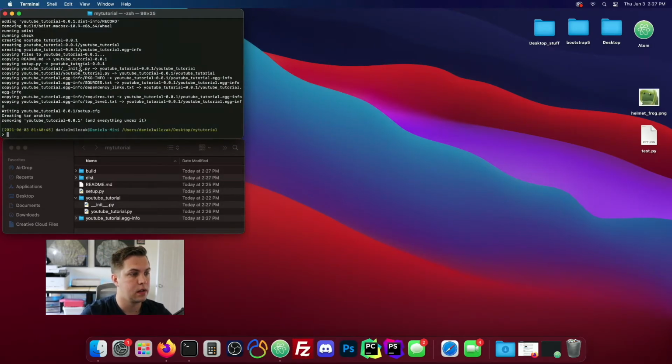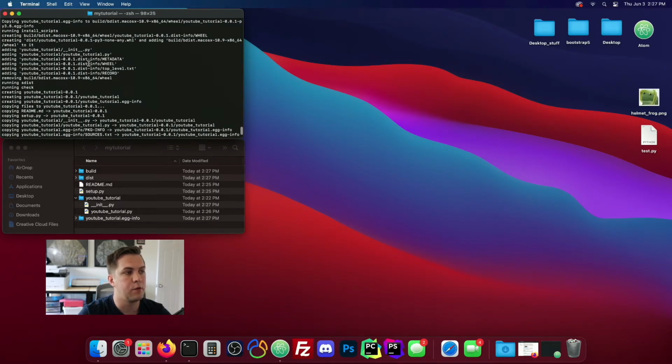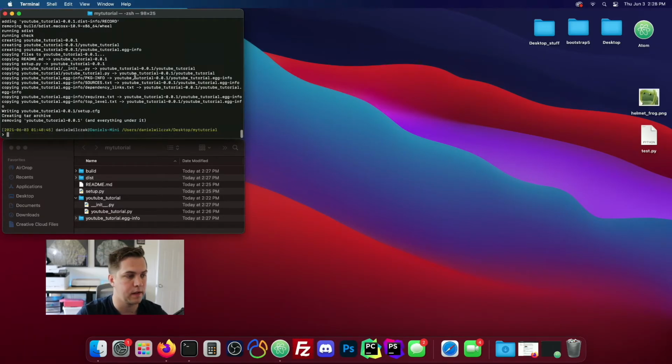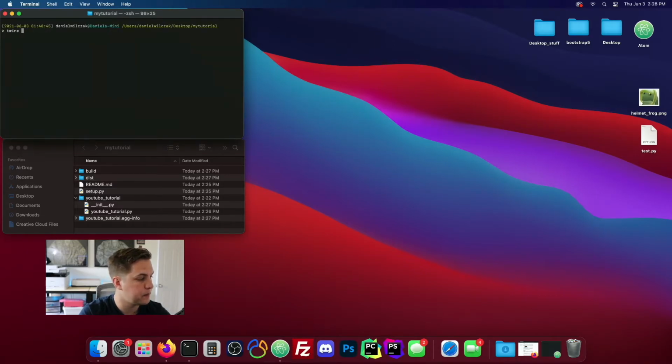So we'll click that. Then the big things you're looking out for is that all your files are being added to it. So if you notice here, we have YouTube tutorial, we have our init file, and then we have the YouTube tutorial.py. Those are the ones that you want to look out for. The setup.py and the readme are there because the setup.py file sets that up for us. Now we'll want to upload it. So we'll clear out, then we'll type twine upload